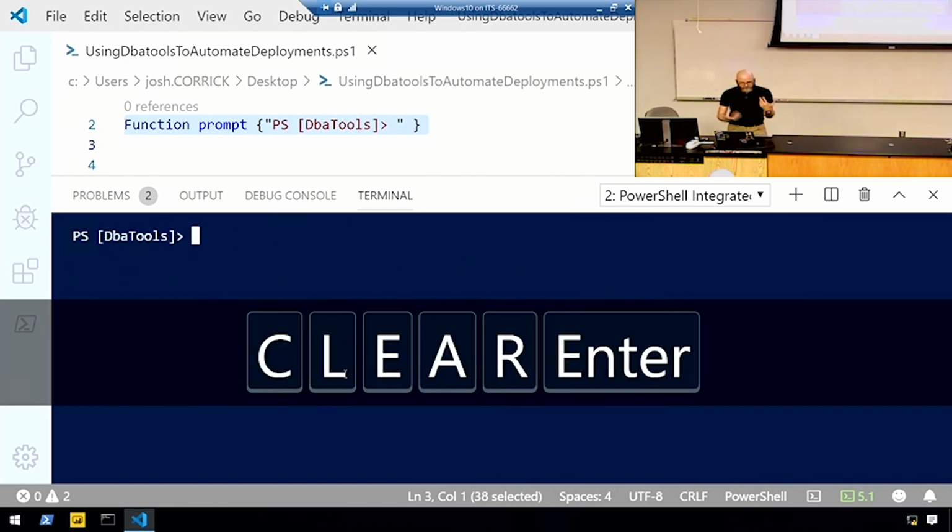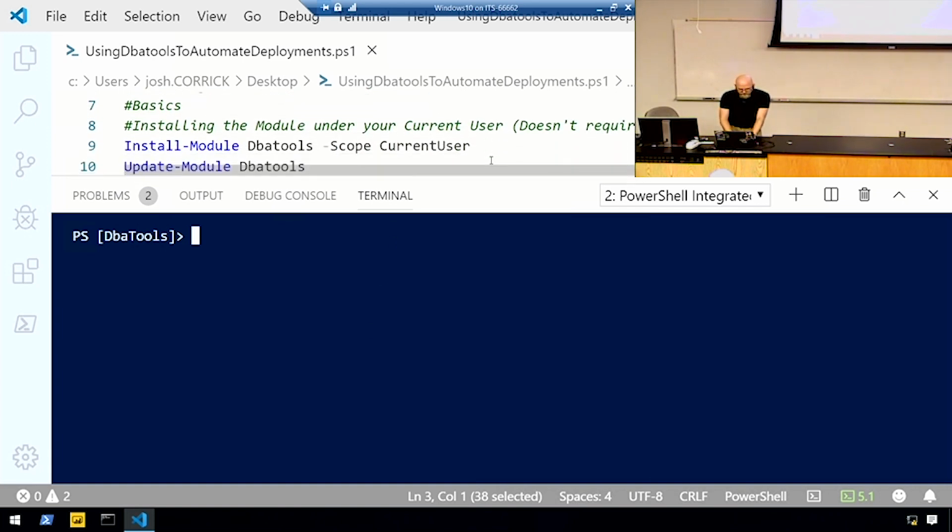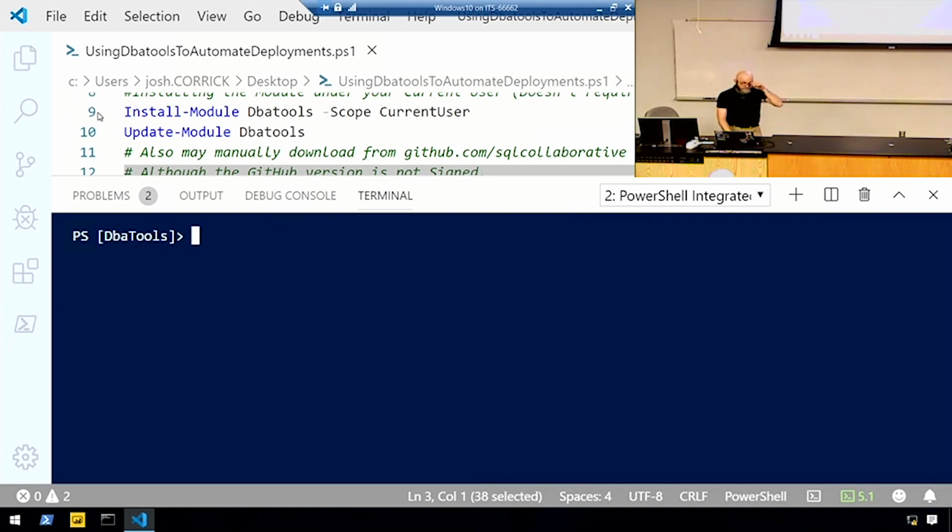All right, so let's start with the basics. I can't do this in this current environment because this is a closed off network, because it's a domain controller, and I would get in trouble at work if I plugged this into the network and my domain controller started replicating from other domain controllers. So if you're on your box, you can go ahead and do Install-Module dbatools. On version 5.1 and later, you can use the Scope parameter. So if you're not a local admin on your box, you can now use this parameter to install dbatools or whatever PowerShell module you need within your current user's